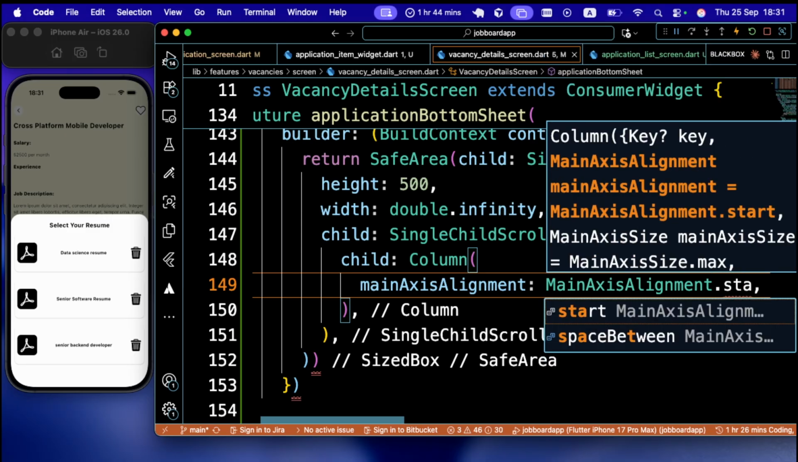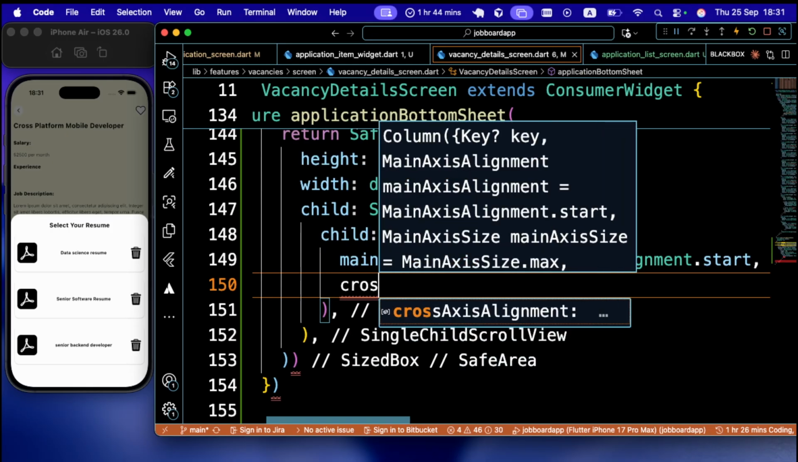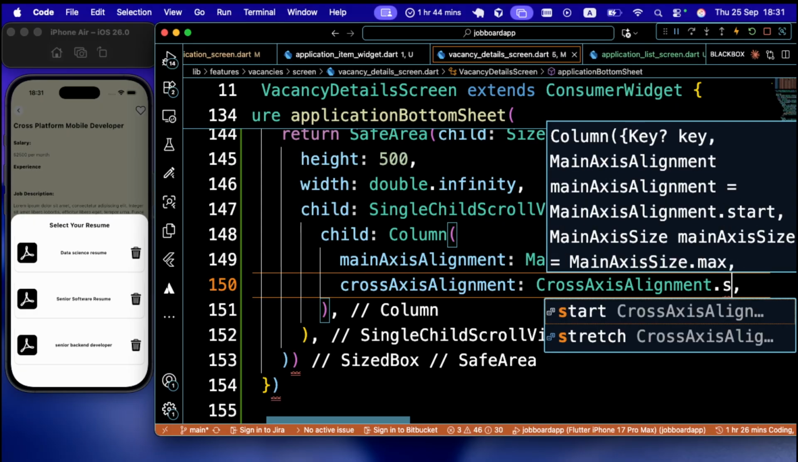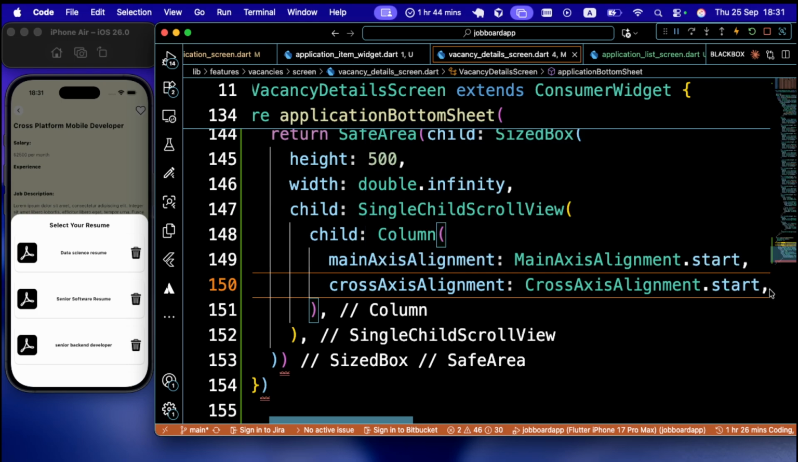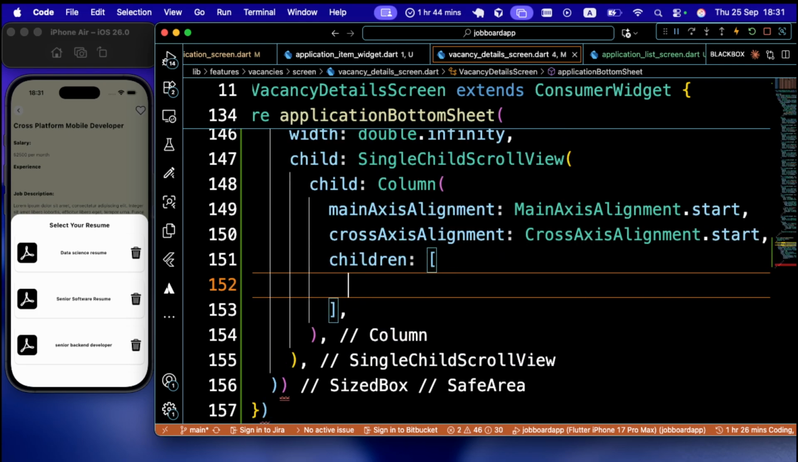Alignment dot start. Same with the cross axis alignment, we want it to be cross axis alignment dot start. Okay, now we're done. Now we need the children, right? And then inside we are simply going to have